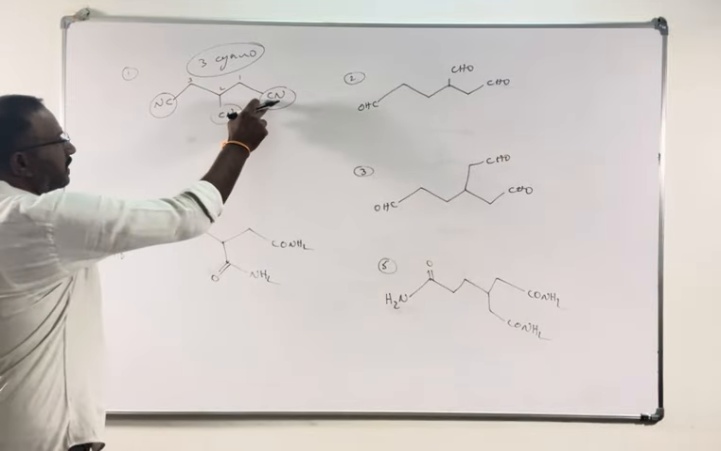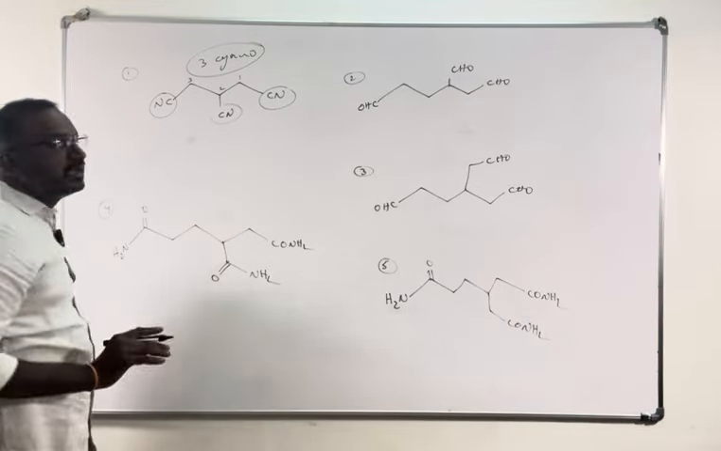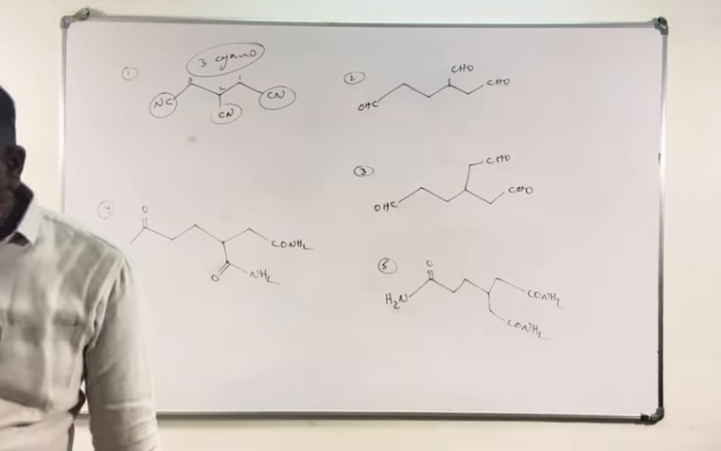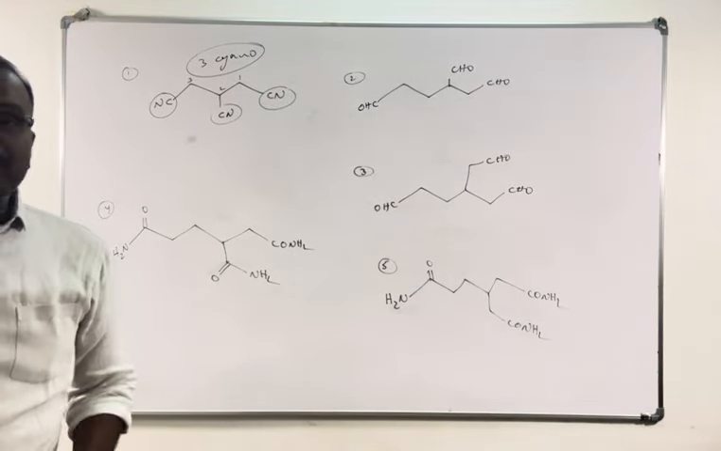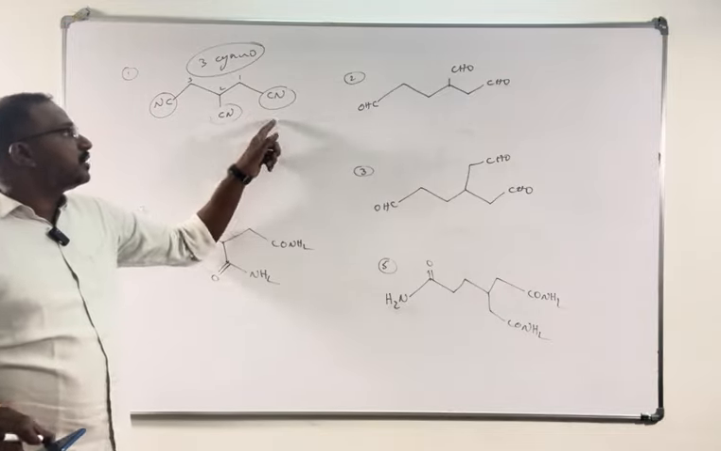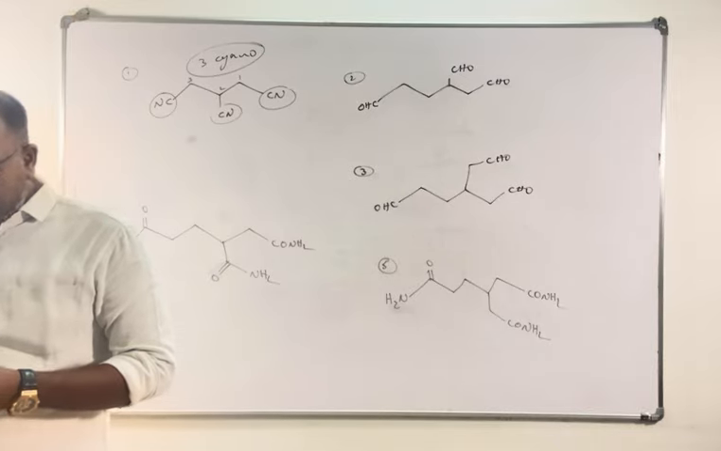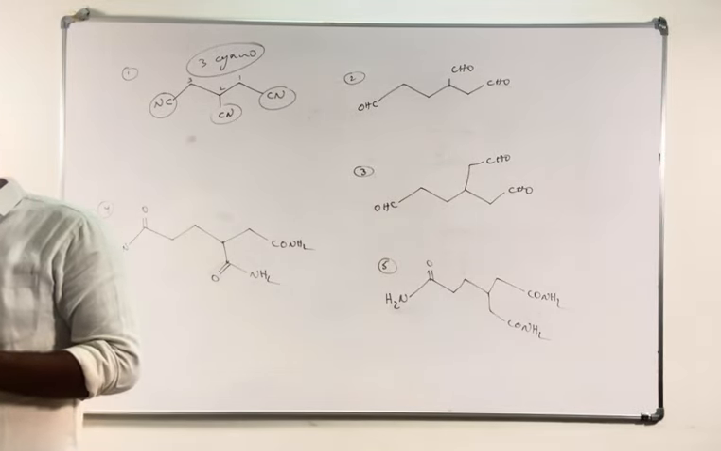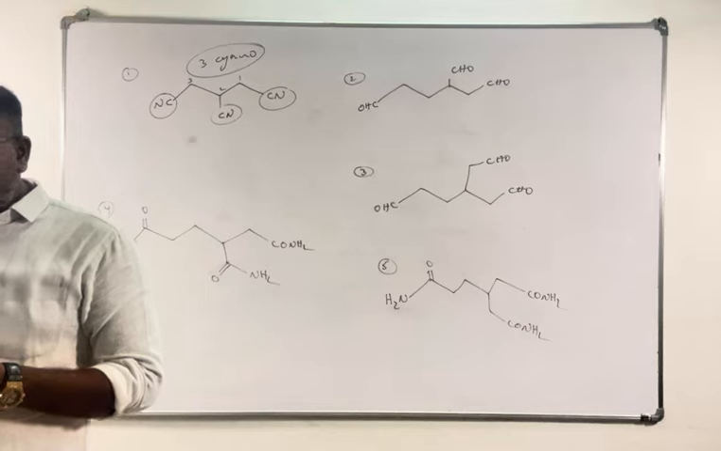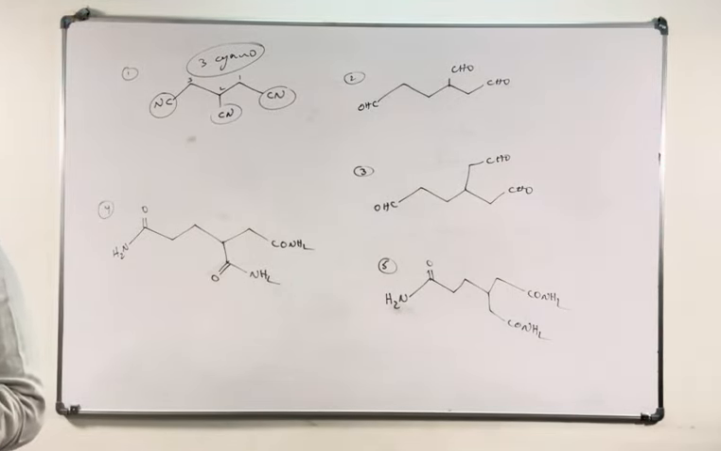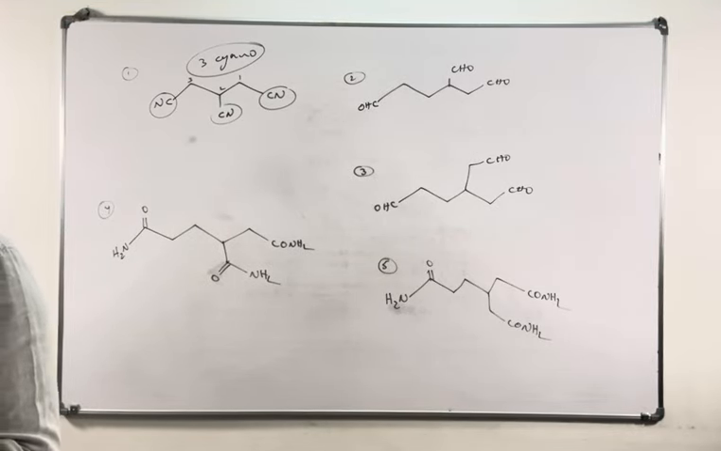So if we eliminate those carbons, there are only 3 carbons in the root word. And one more thing: we cannot give high priority to one functional group. In that situation, we have to give equal importance to all the functional groups. If we give equal importance, the name becomes